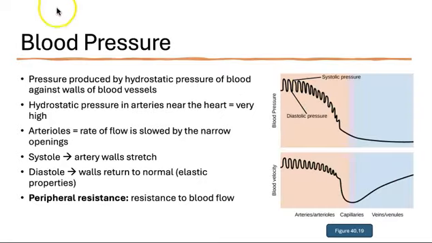Now let's come back to our blood pressure. We talked about how blood and other fluids flow through our lymphatic system. But when we think about blood pressure, we have to know that this pressure is produced by hydrostatic pressure of the blood itself against the arterial walls. Our hydrostatic pressure in our arteries closer to the heart is going to be at a very high level,